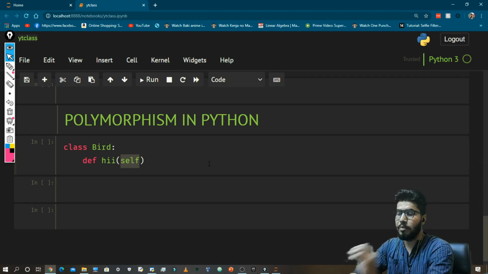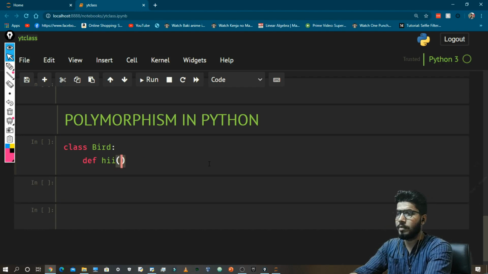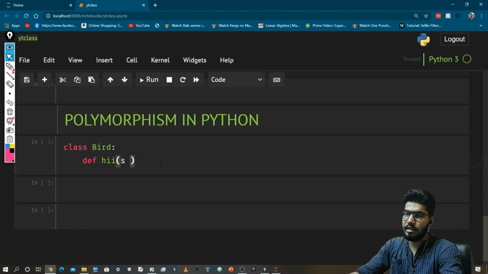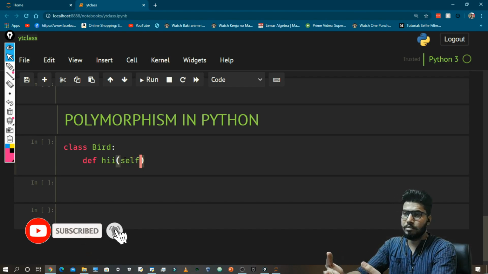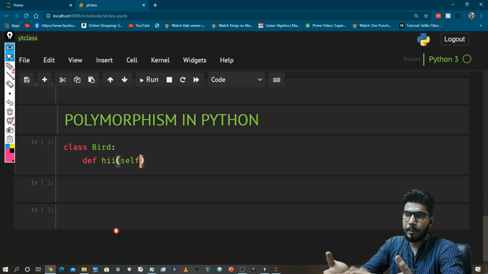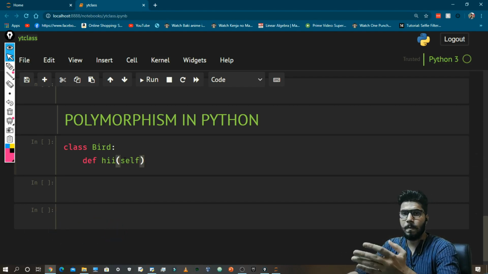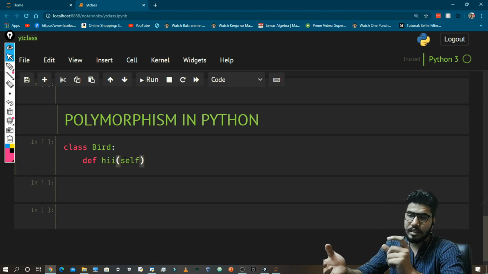It is not a big deal, but it should be the first variable in the function, and it should always be present there. So you can also pass s here, and this will work the same as self, but self is more commonly used, and people use it because it was given in the programming language. So it is easy for other programmers to understand the meaning of self here.